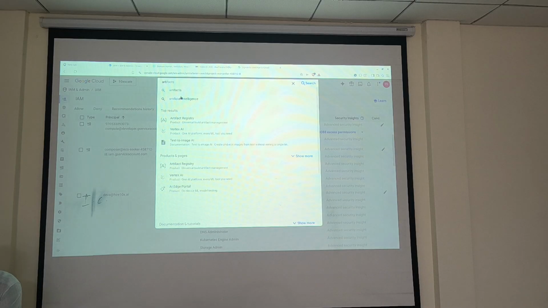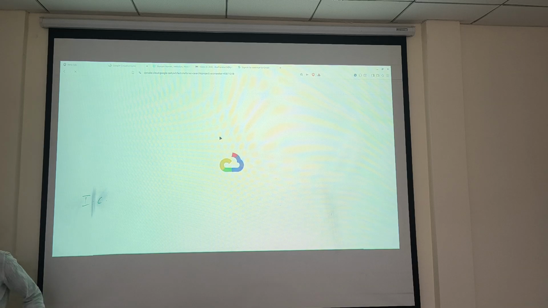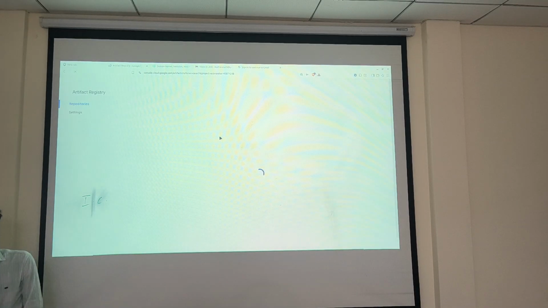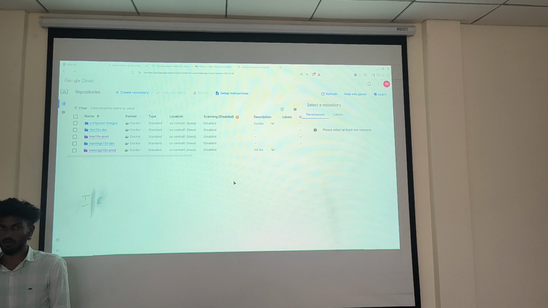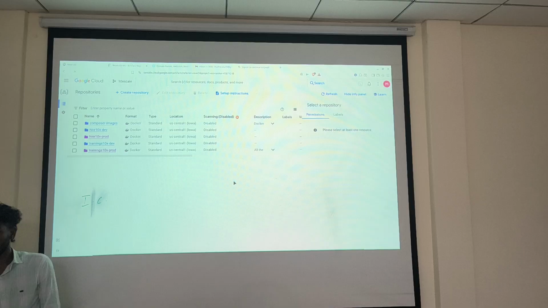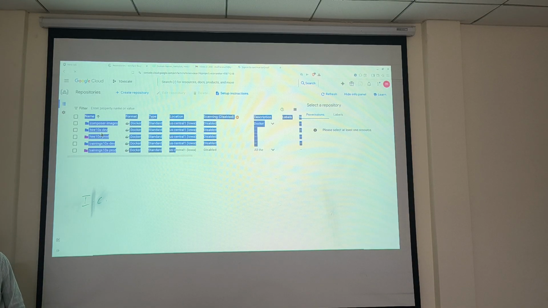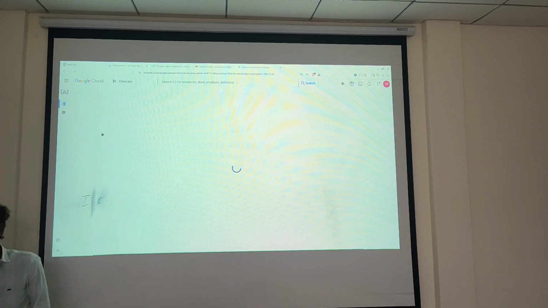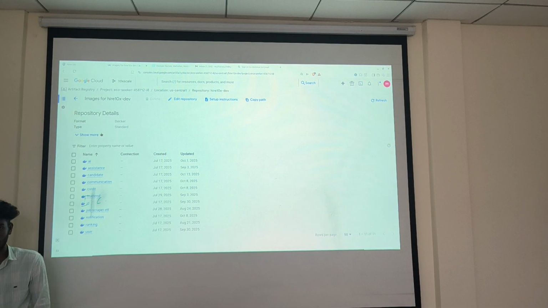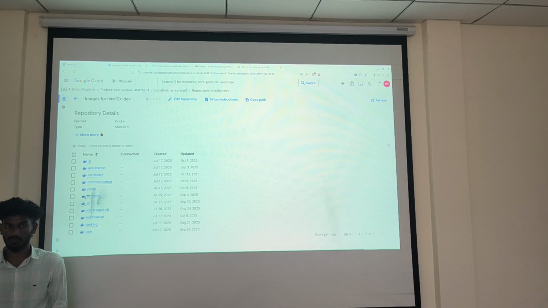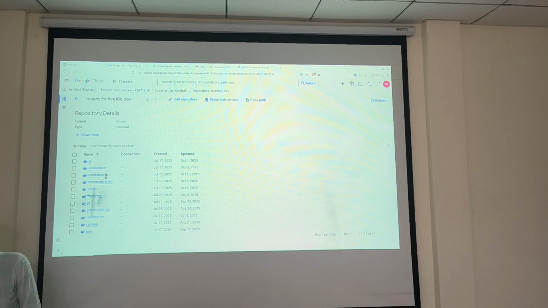Actually, start from the artifact registry. I explained it initially. You build your Docker image. Where are you going to keep those images? If you keep them locally, you can't run the application on the server. So this is one of the Docker registries, in a cloud provider, called an artifact registry. If I build my image and push it to this artifact registry, from here I can run my application. These are my Docker images.